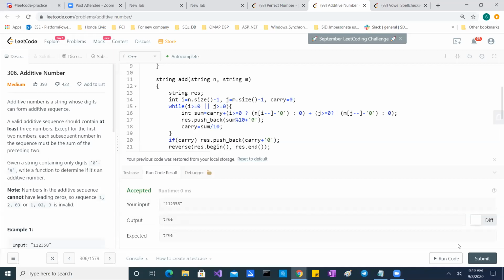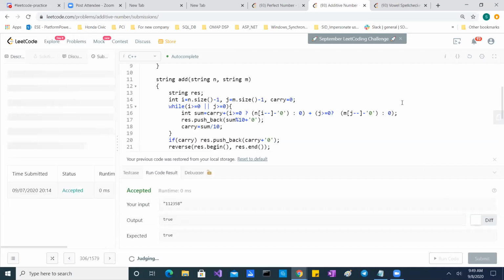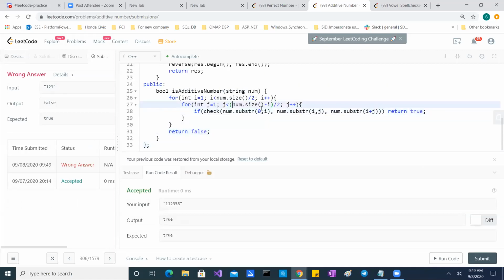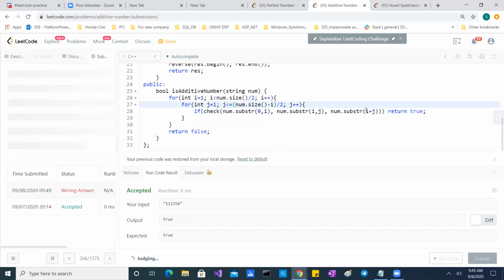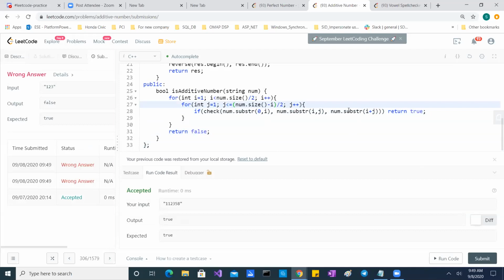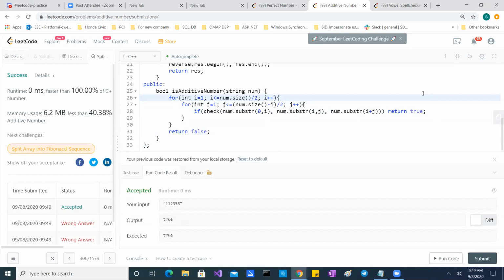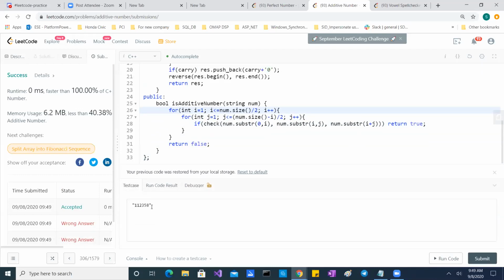The first example will surely work. No, it is not working for this one, 1, 2, 3. J should be as it is only. It is not working, so it needs this one for 1, 2, 3 also. Okay, so why that wasn't working? I don't know. Maybe I'll just check that and let you know in Slack.